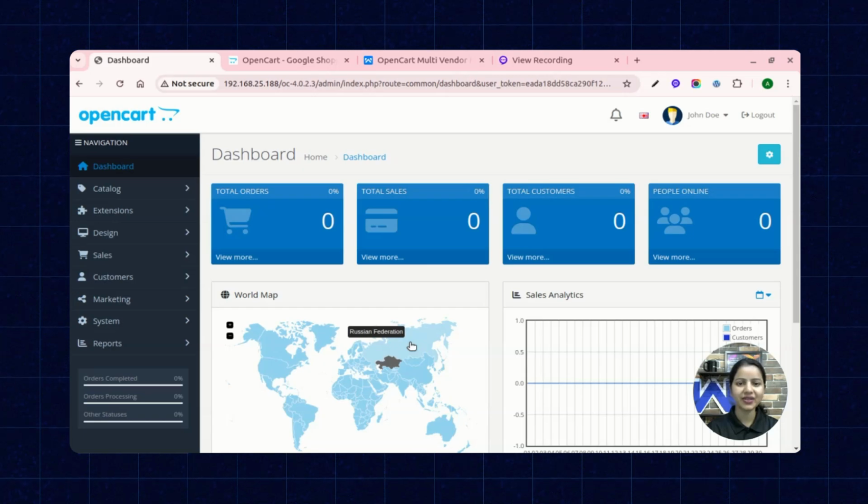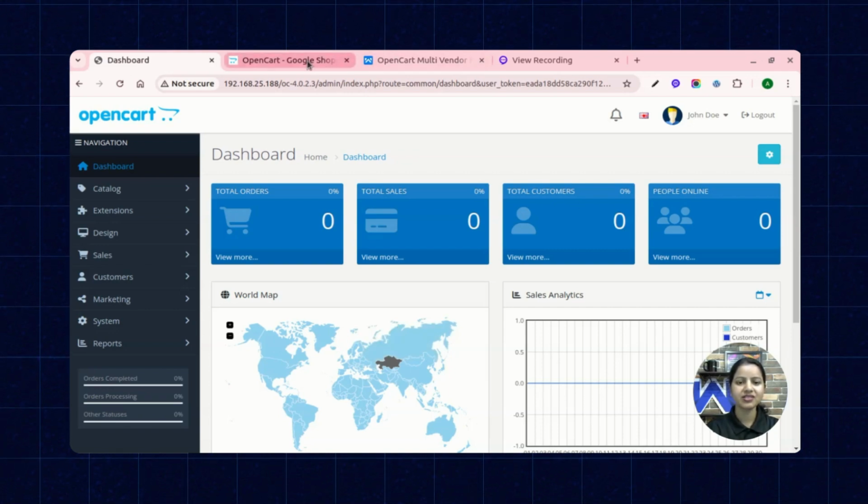I am Anchana Rawat and today we are going to learn the essential process of running an e-commerce store, that is module installation. So today I am going to tell you how we are going to upload a module or install a module in our OpenCart 4.